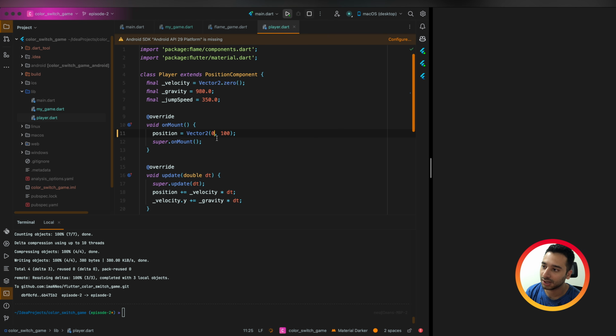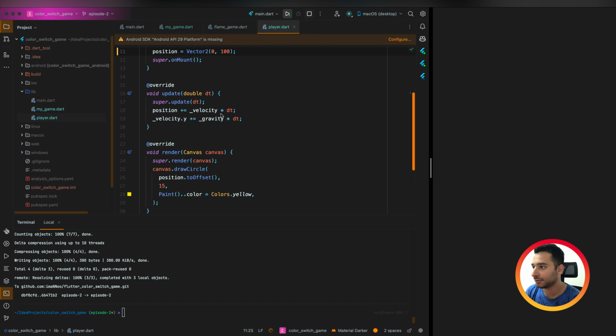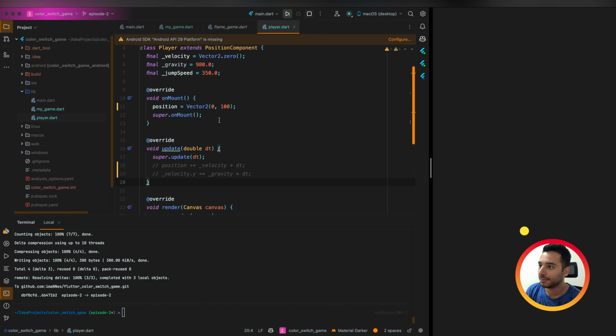So if we change the position to 0, yeah, as you see, when we have a camera and we have a world, 0 and 0 is in the middle of the screen, I guess. Let me remove this line of code to see what happened. Okay, this is 0 and 100. And what about 0 and 0? Yes, this is where your player stands in the middle of the screen.